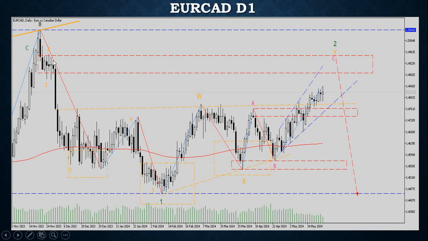This is wave 2, wave B, around this area here, because you can see, traders, those people who use the supply and demand zone, they call it the drop base drop. So you can see here we have the drop, and then we have this base here, and then we have the drop. So for me, this is the supply zone, and this is a good supply zone because of this